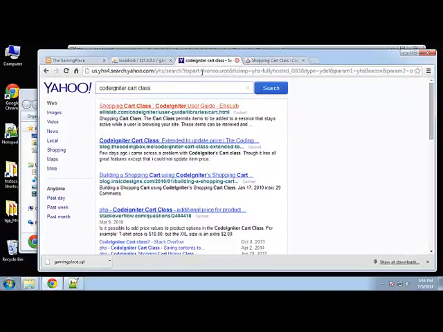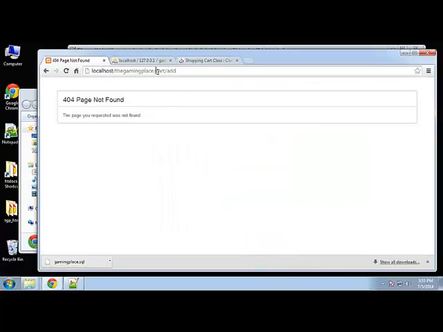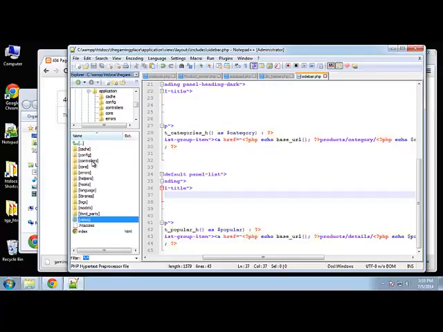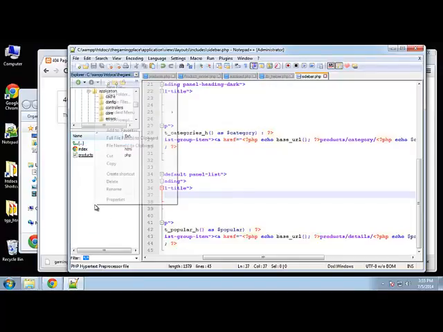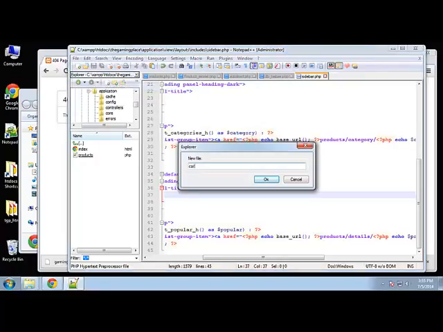Alright, so ultimately if we click add to cart, it's going to go to the cart controller and then the add function or method. So that's what we need to create. So let's go ahead and go into controllers in your application folder and create a new file, and I'm going to call this